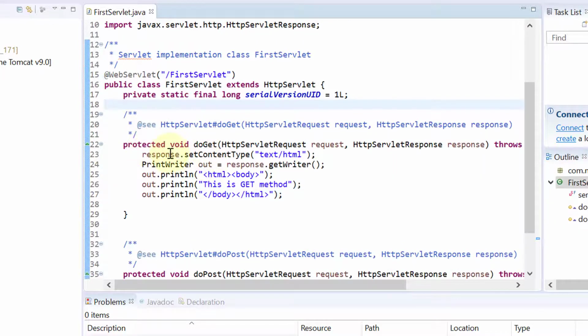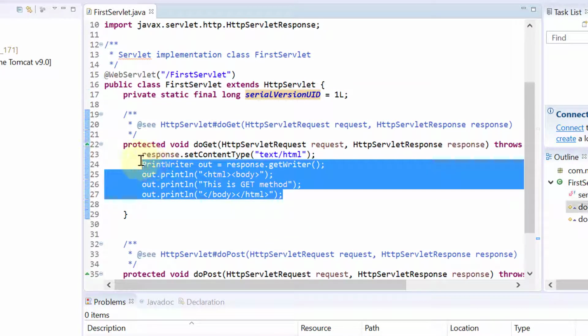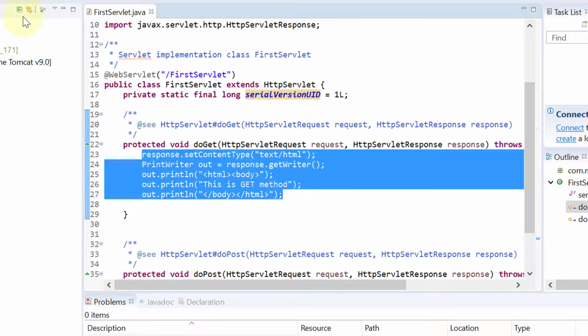It's going to provide the response by setting the content type as HTML, and I'm going to write the HTML content using the PrintWriter object. So whenever I invoke this specific servlet, it's going to write this specific HTML content as a response. Let me go ahead and execute this specific servlet,